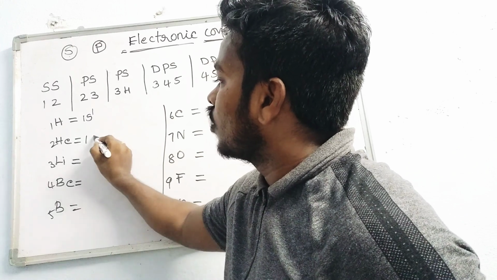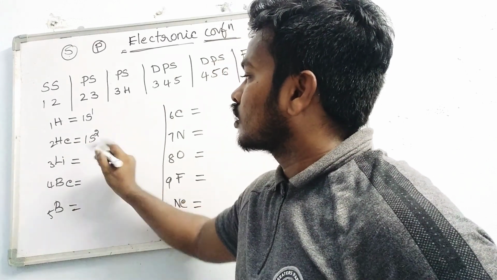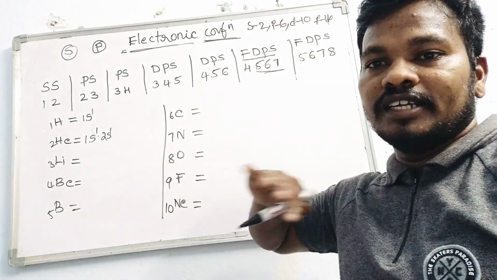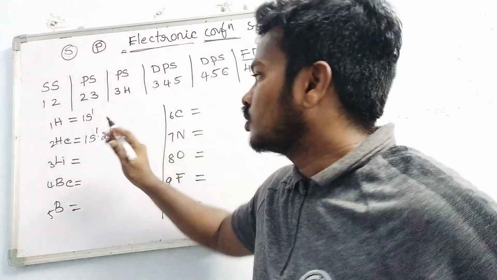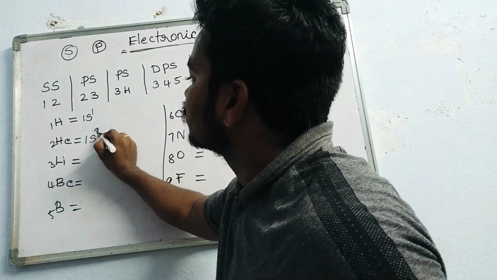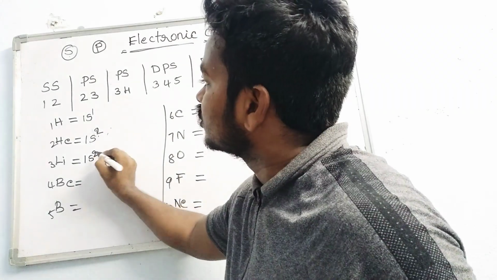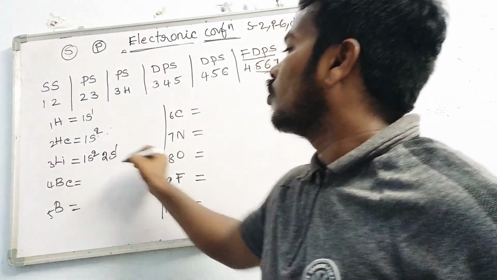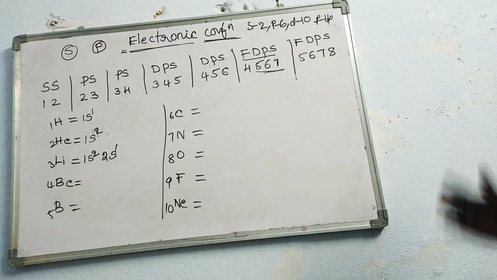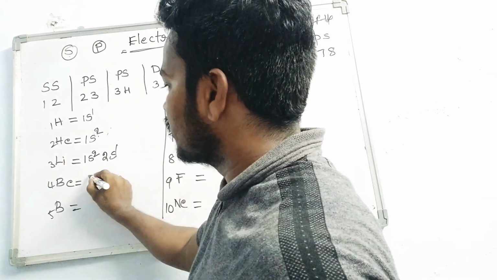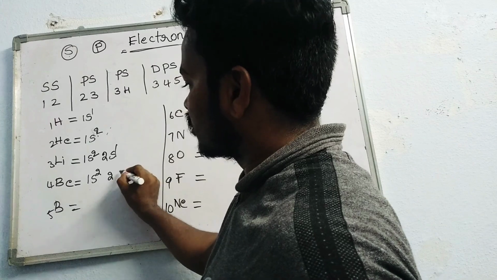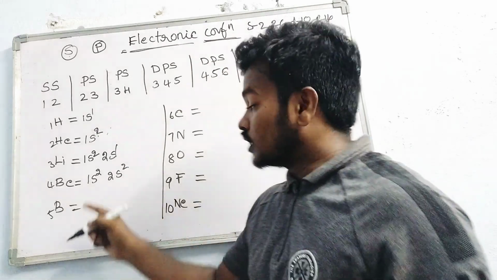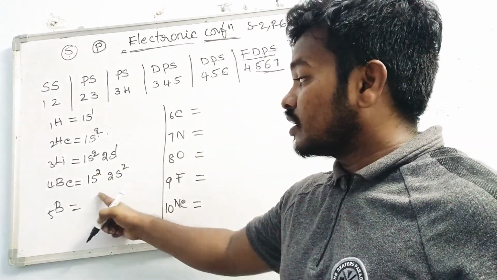Helium is again 1s, with 2 electrons. You should not write 1s1 2s1. S capacity is 2, meaning it is completely occupied. Only after the 2 does it shift into the next energy level. So helium is 1s2. After 1s2 comes 2s, so 2s1. So 1s2 2s1 is the electronic configuration for lithium. Next is beryllium, whose configuration is 1s2 2s2. See here, 2 plus 2 is 4. These numbers are the electrons, distributed in different orbitals.